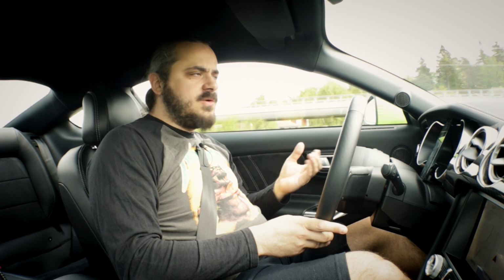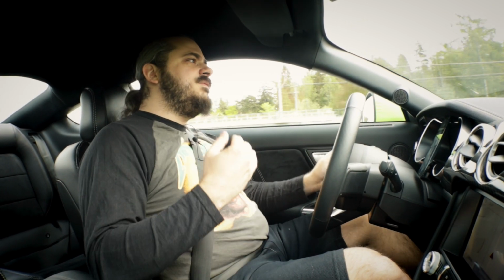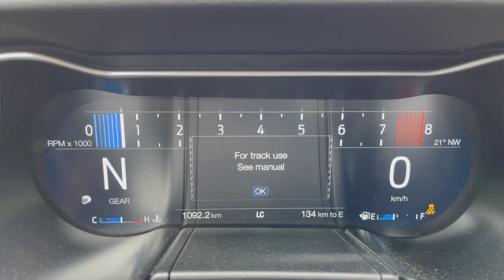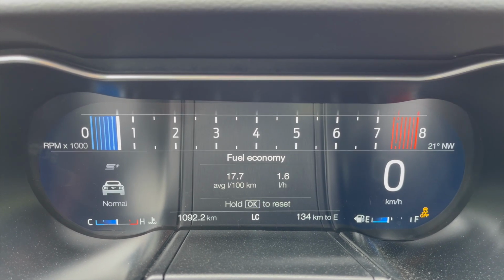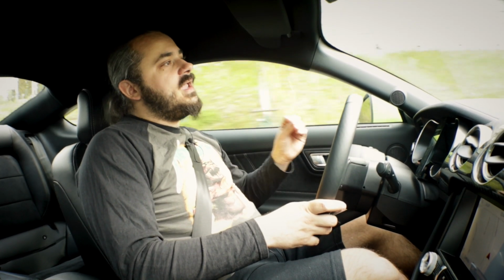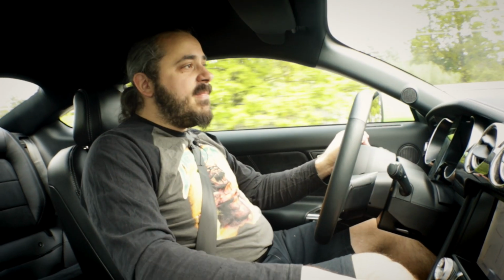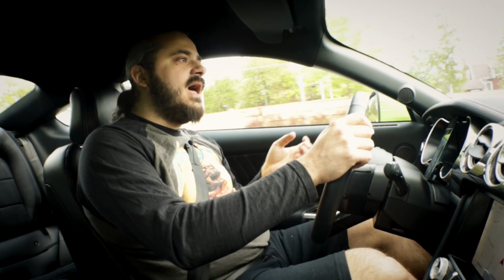I don't use sport mode or the other more aggressive driving modes because I feel that the dampers become too stiff in those driving modes and the car just jumps around too much, especially on these back roads. But anyway, does the 55-year anniversary package do anything to the way this Mustang V8 drives? Well, no, but since the Mach 1 isn't really available for test drives, in Sweden at least, I've decided to